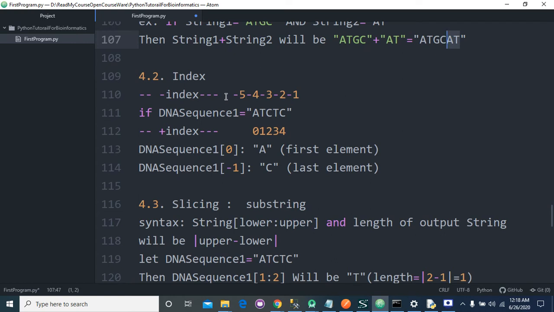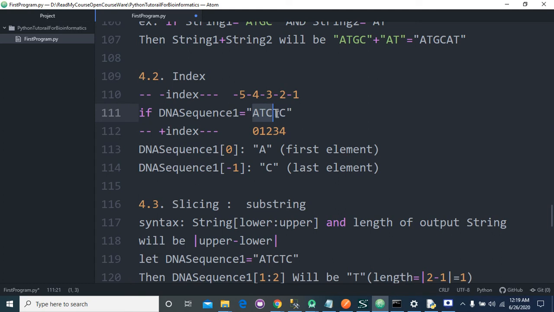Now the second topic is indexing. Indexing is finding the element at any position. If we have a DNA sequence equal to ATCTC, in any programming language, indexes start from 0.